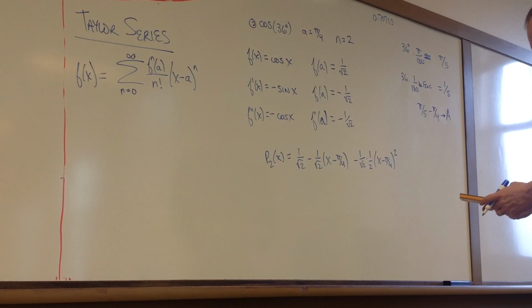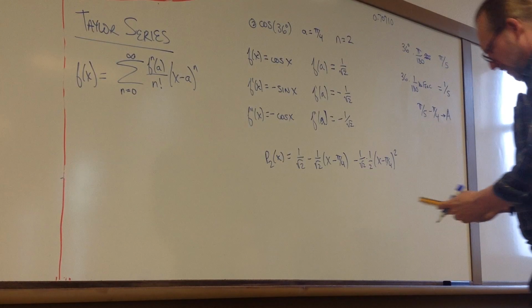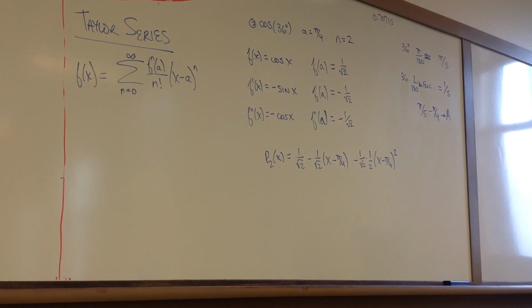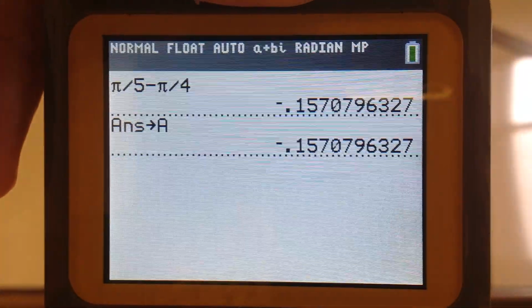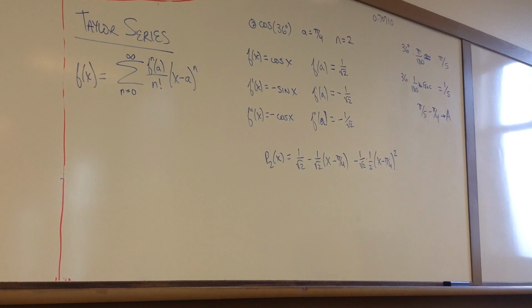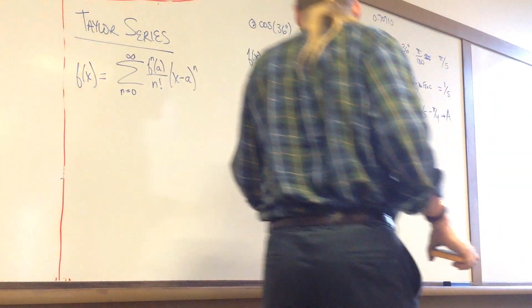Pi over 5 minus pi over 4. So there it is. So now it's stored as the variable a, and then when I go to type this in to make our approximation, I can just do,